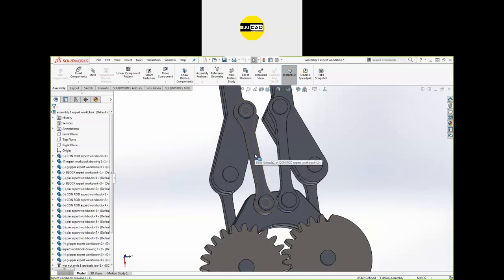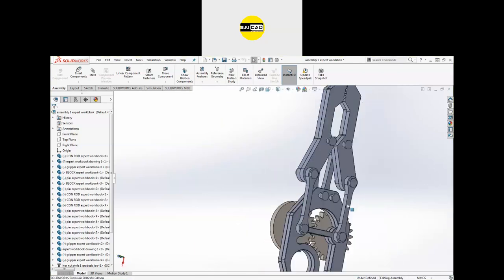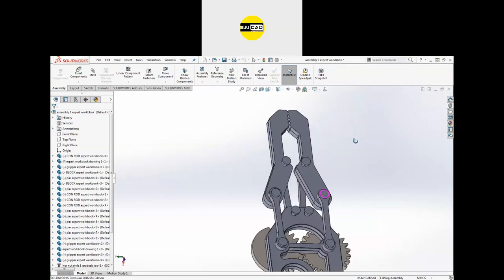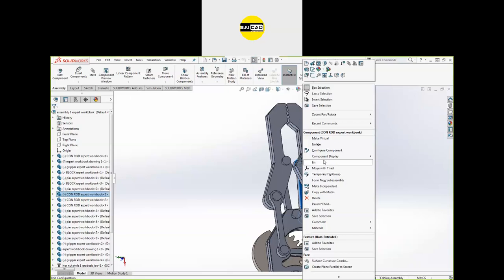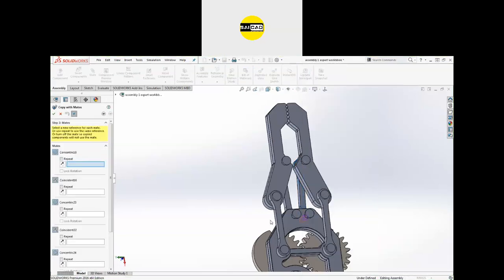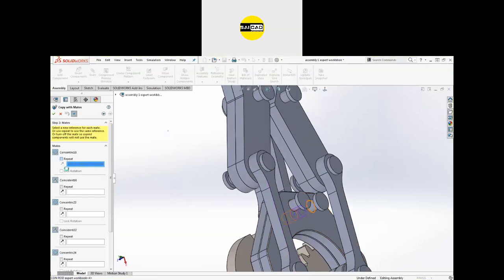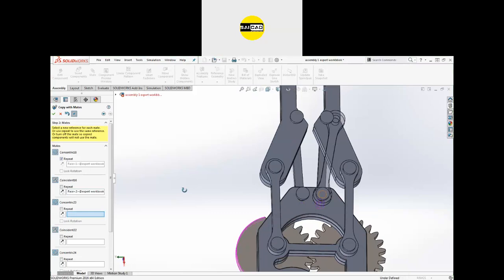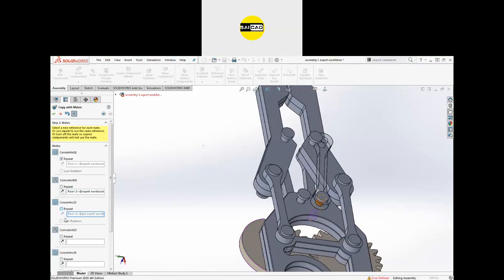And the 6 rods: one is here, two is here, now third and fourth is here, and the fifth and sixth will be from here to here. Similar to that, we can just use copy with mates, and we have options like the concentricity. I want this concentricity, and it should be repeated. So the next face will be this one, like that, and I need that concentricity. Repeat that also. The next face will be this one.